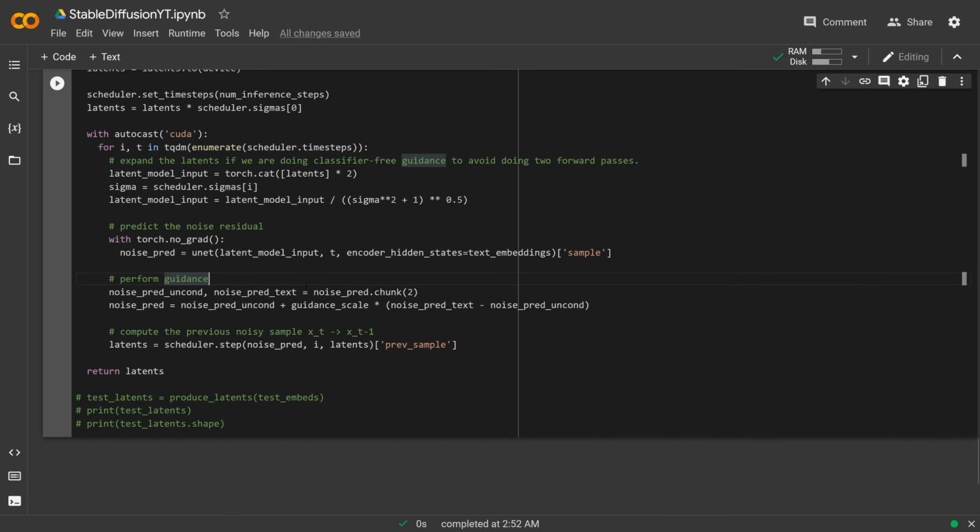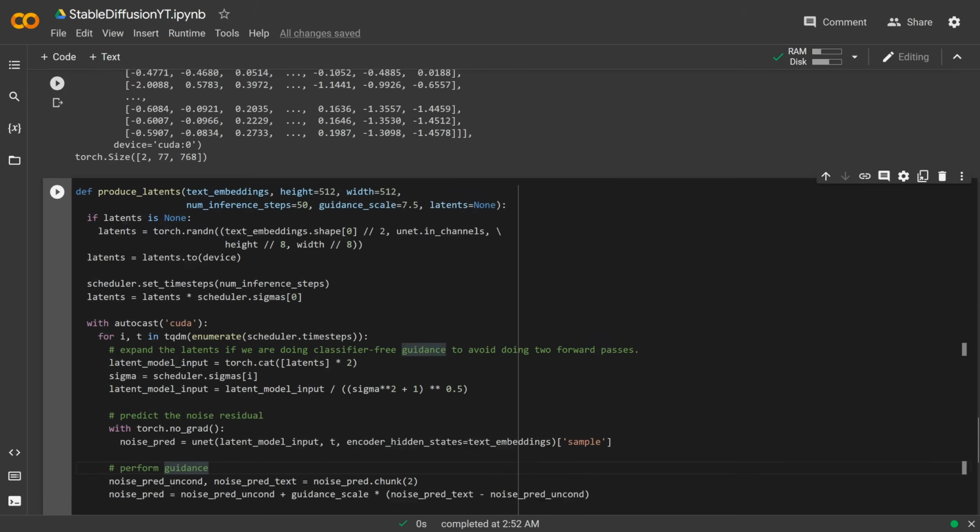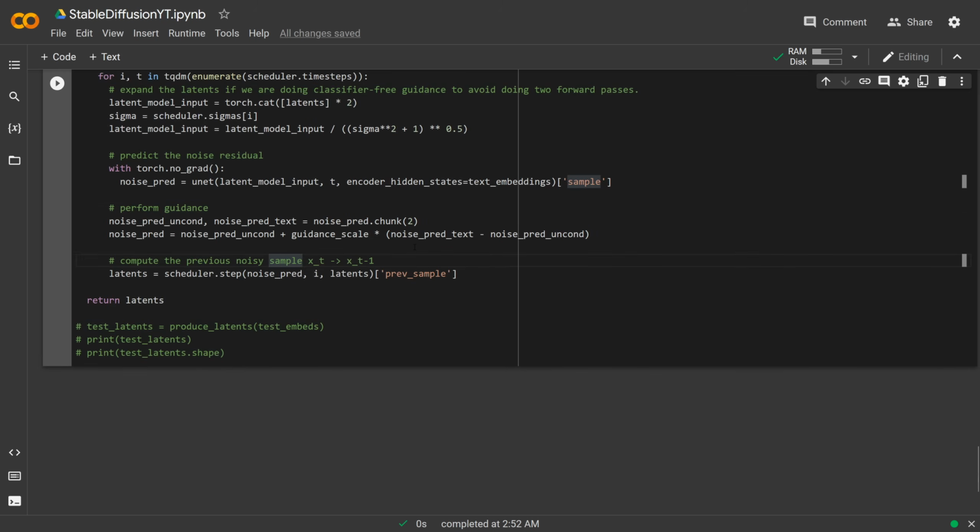So this is what's called classifier-free guidance, I believe. Hopefully I'm not wrong there. Essentially what's happening is you get the latents for the text embeddings that you gave the prompt for, and also these unconditional embeddings that we were talking about, which is just like an empty prompt. And I think the goal here is you take the noise prediction. So this is the noise predicted for the actual prompt, and this is the default, the empty prompt. You're taking the difference of the two,